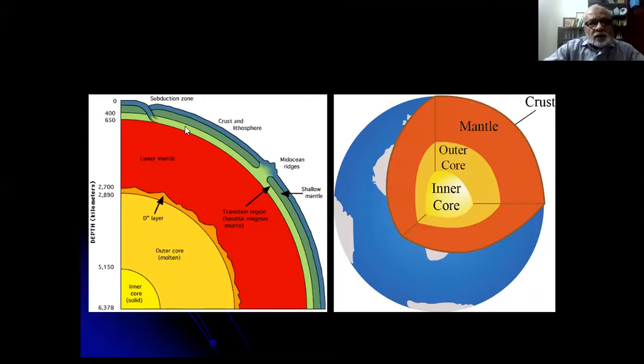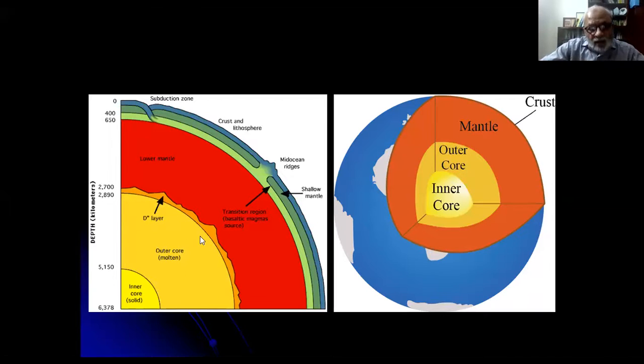Below the crust, you have the entire zone up to 2,900 kilometers, the mantle. But this mantle is not solid. It's a zone where the material is semi-solid plastic. It is the plastic material, and below this 2,900 kilometer depth, you have the outer core, which is absolutely molten,